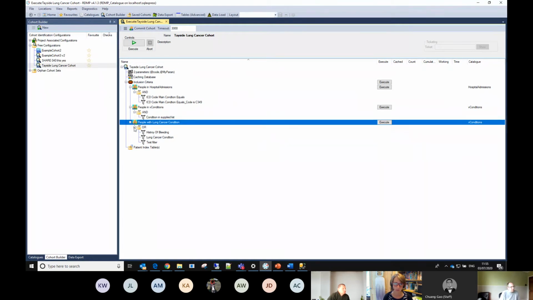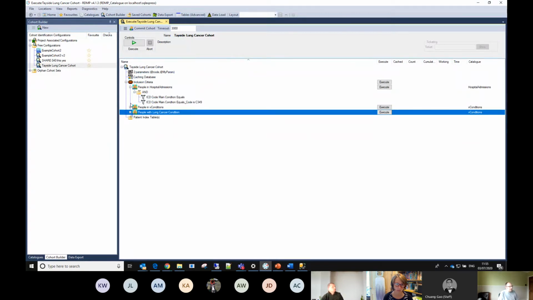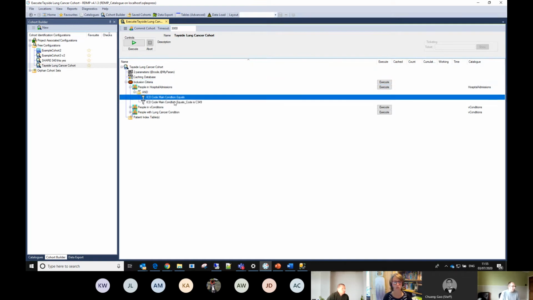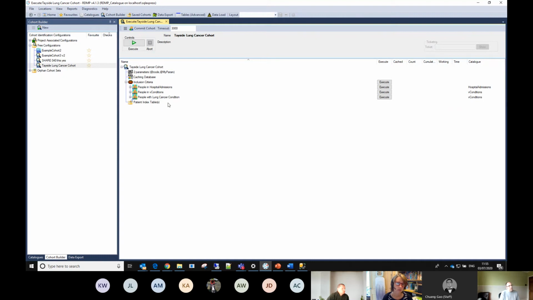I wanted to go through it in that way to make you think about expanding and contracting the various elements and looking at the different sets that you have and how they're interacting with one another. This is the kind of way I would do a validation, and that's one of the things I do more often than not in RDMP. So another member of my team might set it up, and I'll start with this kind of collapsed hierarchy and work through one line at a time and say, is this really people in hospital admissions? What does this mean? What have we got coming through here? So I wanted to start with that kind of pre-built element. And the other reason, of course, is I can run it and see what happens.